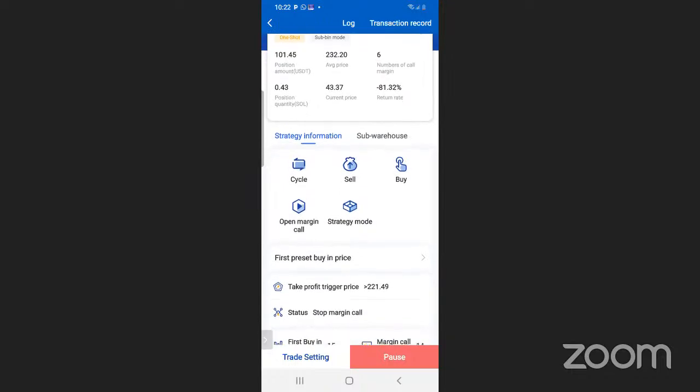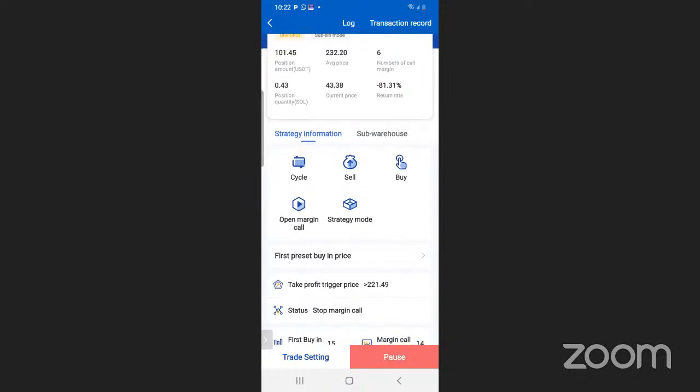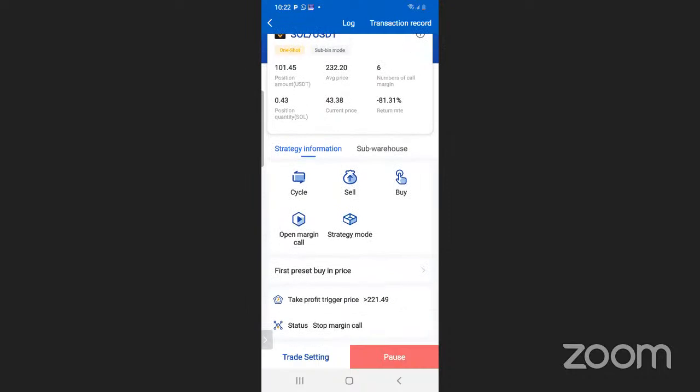At the same time, I'm seeing that the robot is no longer buying because your margin call has, I don't know whether it has done it by itself or you stopped the margin call. You see, once you see this part here, open margin call, it means the margin call is closed, meaning you've stopped giving permission. But once you see it is written stop margin call, it actually means the margin call is open, so the robot is at liberty to buy and sell